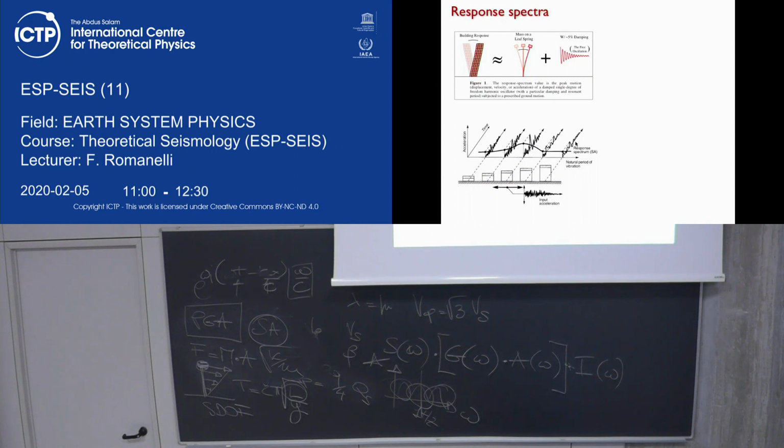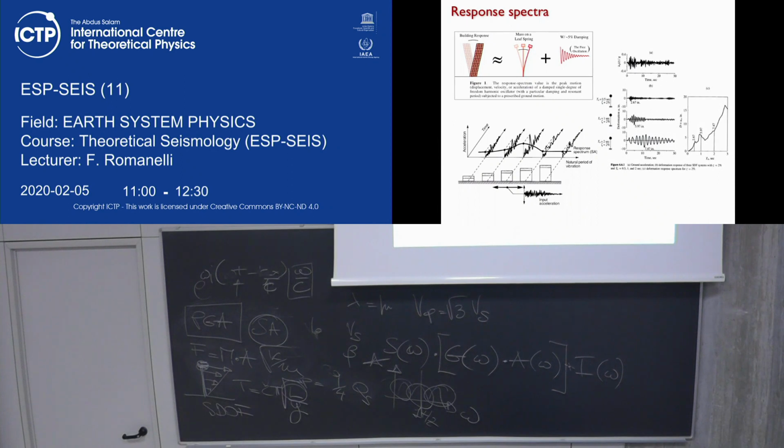Now, for all of them, let's take the maximum. You see? And you plot it. That plot is the response spectrum. You can do that in acceleration, and it's called spectral acceleration. You can do that in displacement, and it is called spectral displacement. The same principle. The same input, shaking different single degree of freedom systems until 0, and that's a response spectrum.